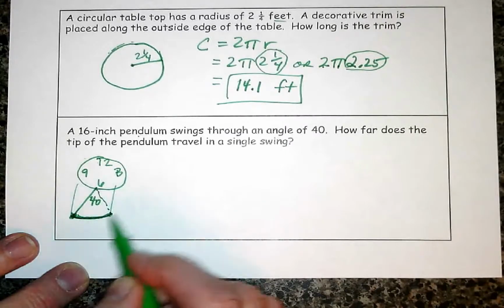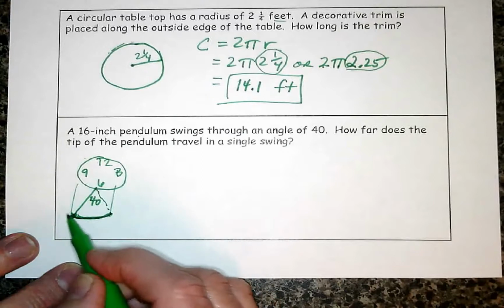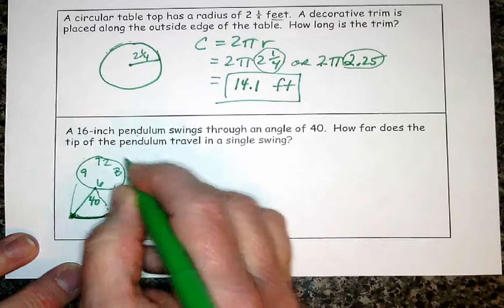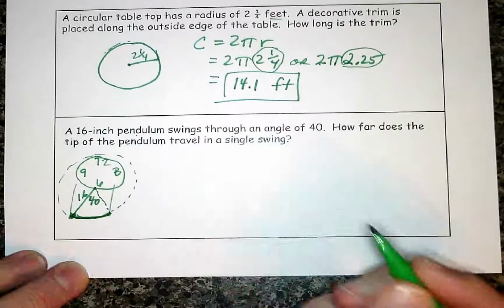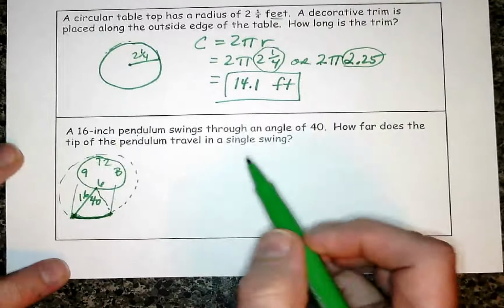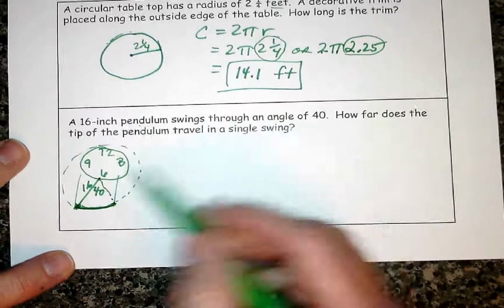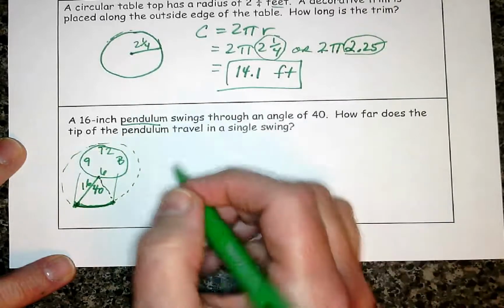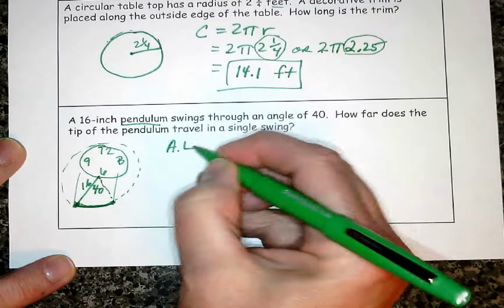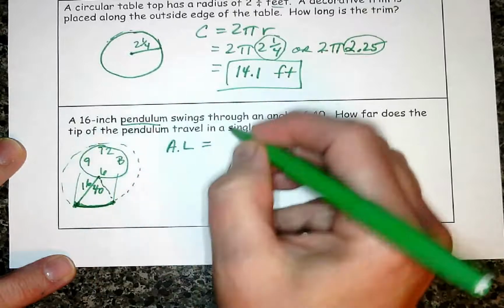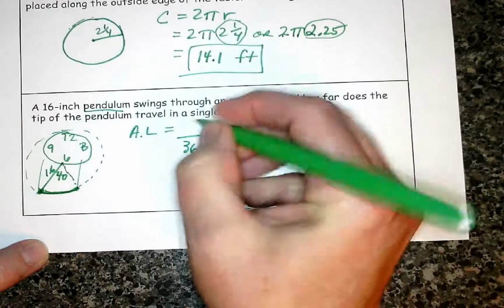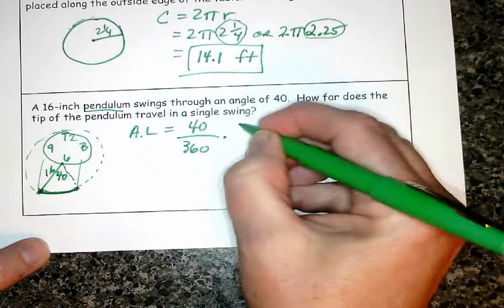So you can see that's kind of part of a circle. That would be this arc length right here when it says how far. The length of this pendulum, which would be kind of like the radius of this circle, is 16. Okay? Again, if you're not sure of what that looks like, just ask, and we'll explain it a little bit more if you're not sure what a pendulum is on a clock. But how long is an arc length? Because I just want part of the circumference, part of this circle. Remember, arc length requires the angle and the radius. Okay, so out of the 360, the angle they told me it was going was 40 times 2 times pi